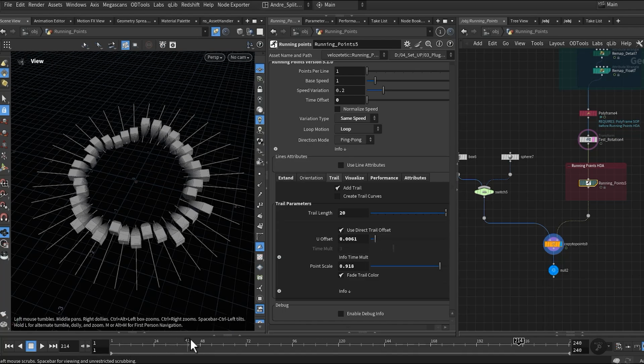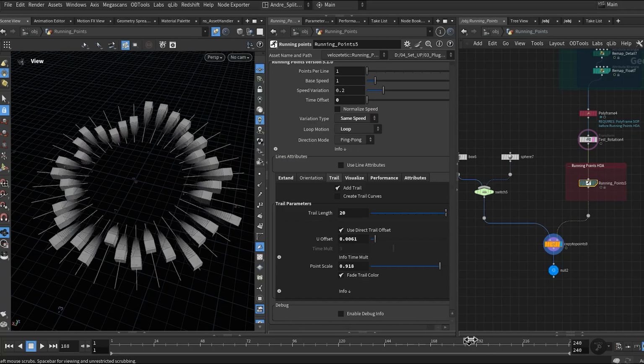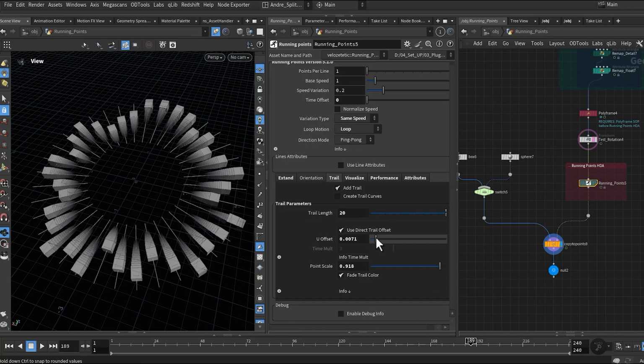You can switch over trail fade off. And if needed, you can even connect those trail points with a curve.